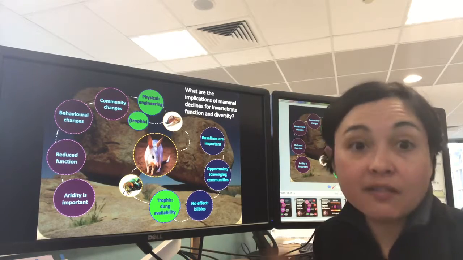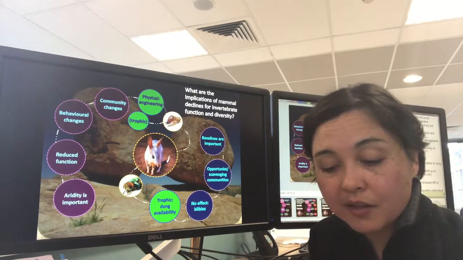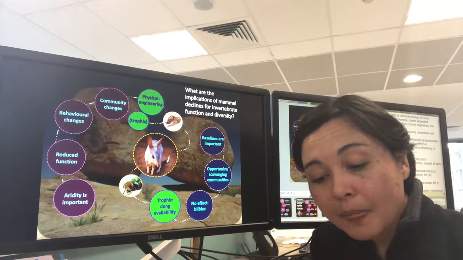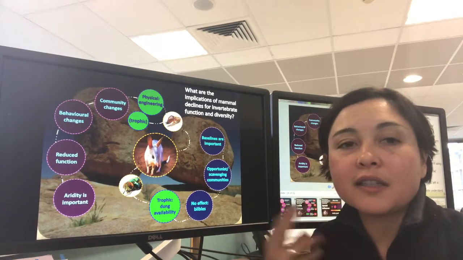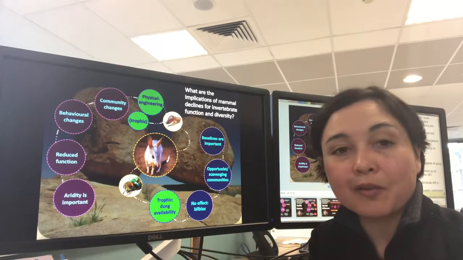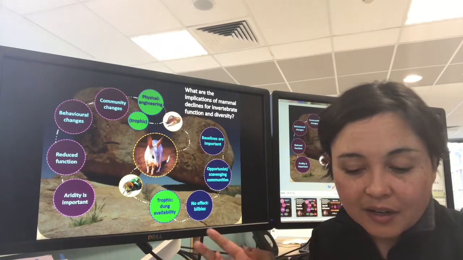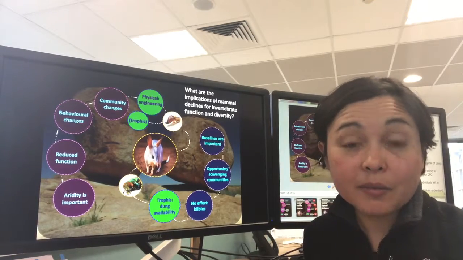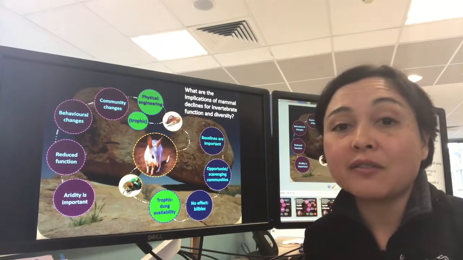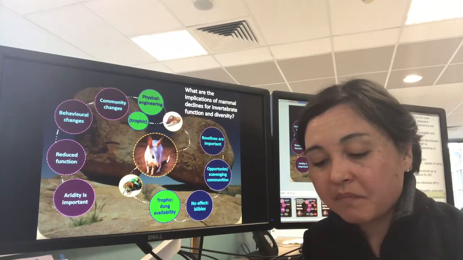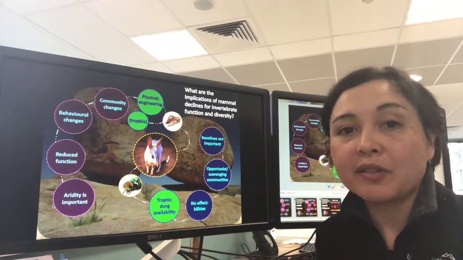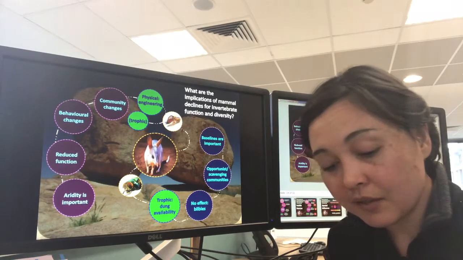So one of the ways we tried to get around that was to use kangaroo dung as a baseline for a fauna community with a stable host. But it was still difficult to give an indication of community composition in historic terms. Because, for example, what if we are left with species that are robust to it? What if all that we have left now is species that are robust to extinction and can just use anything as a result of widespread mammal declines? And we've lost the really specialized ones.